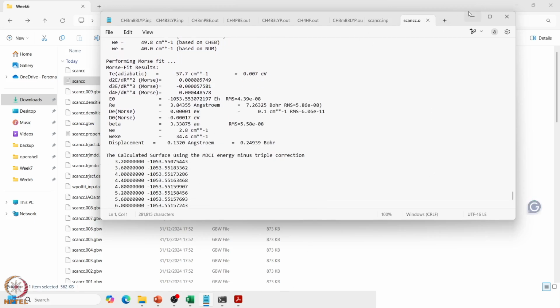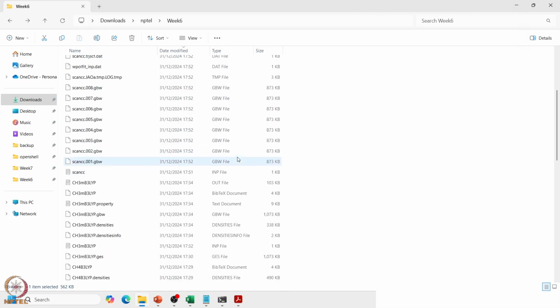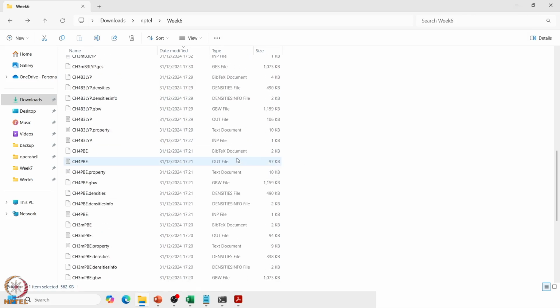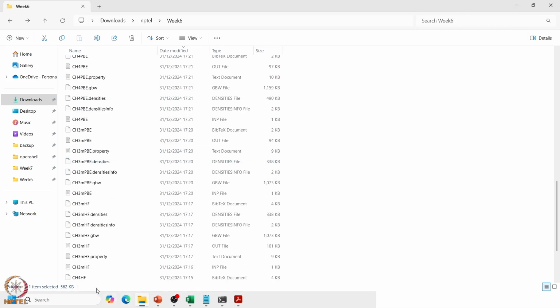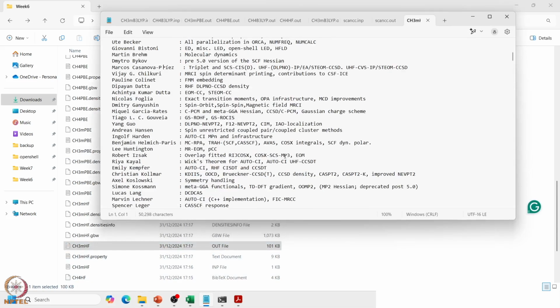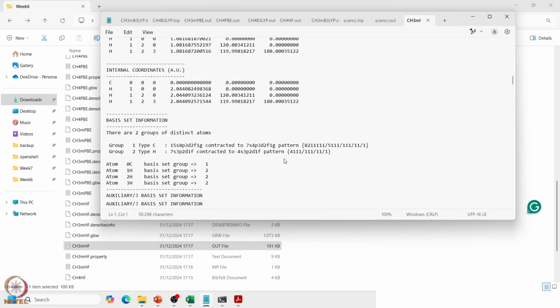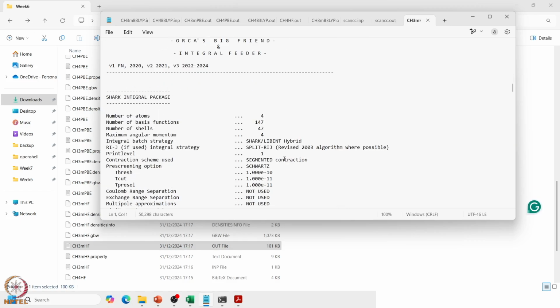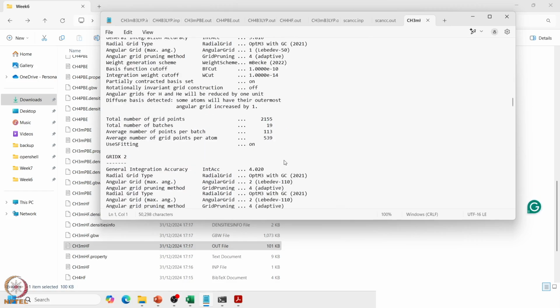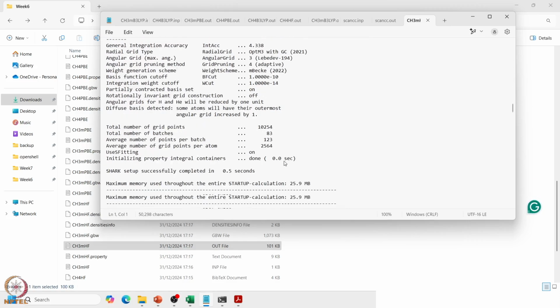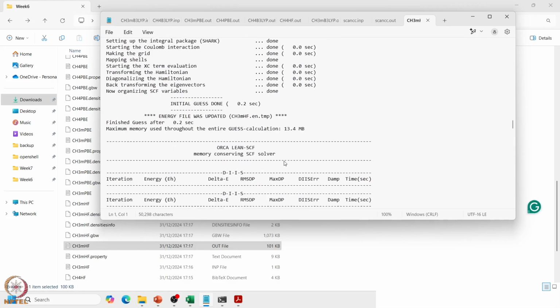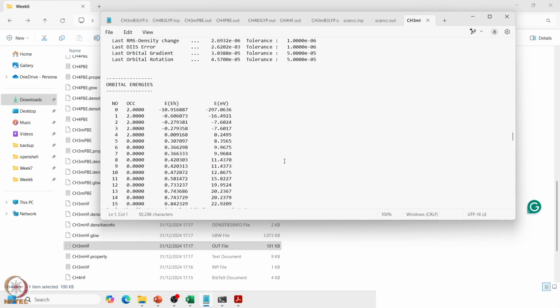But before going to that, I want to discuss this one, CH3 minus Hartree Fock. Yes, this is my output file. So methane has 10 electrons. When I have CH3 minus, it also has 10 electrons. And if I look at my